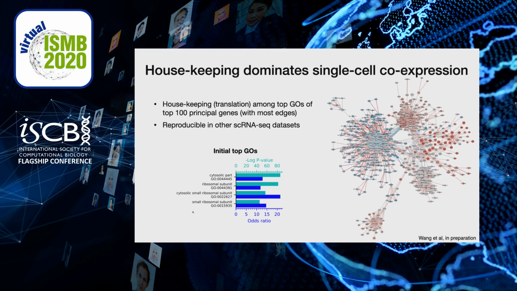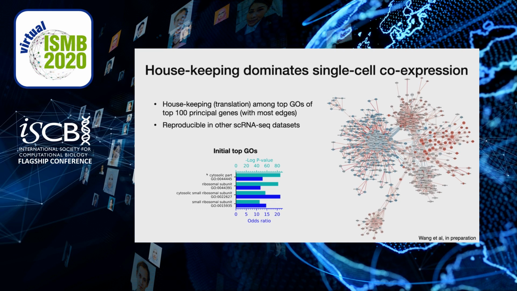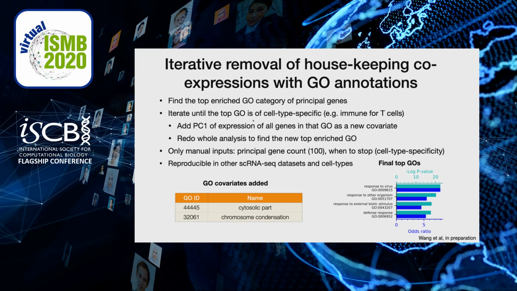To do that, we'd like to remove these genuine but generic co-expression patterns by using principal component analysis. As we just discovered, the top GOs were for the translation activity. So what we did was look at the top GO category and see what genes were included in this GO. Then we performed principal component analysis on all these genes and added the first principal component as a new covariate. In this case, we have one more new covariate. We could do the whole analysis over again to find the new top enriched GO. The whole process would repeat over and over again, and it's only when the top